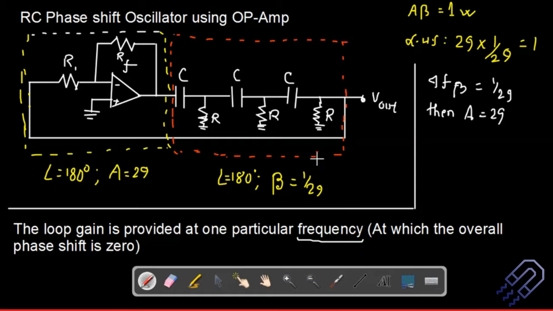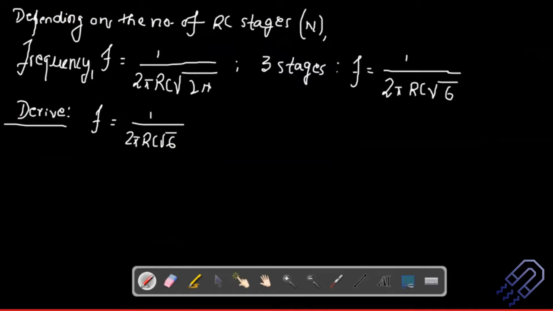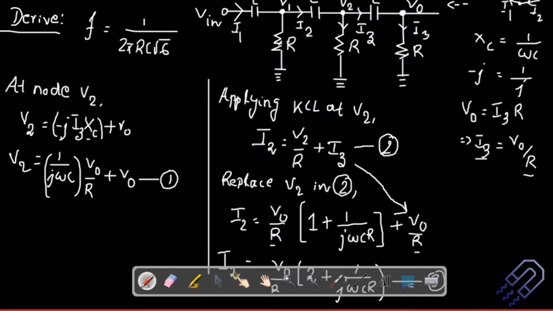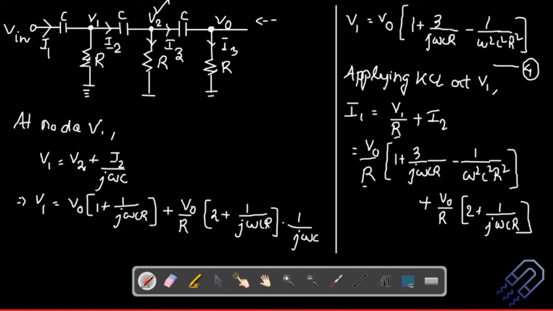The main idea of today's class was to find out these values and also find out the frequency for our three-stage system. So if you consider a three-stage system, the frequency is this. I can't just say this, I have to derive it, and this is what we have derived. You have to draw this circuit and remember your basic idea of the voltage drop at V2, V1 and Vin. After every voltage drop calculation, you have to use Kirchhoff's current law and find out what the current will be. I'm sure the concept is clear, but you need to practice it. If you do practice it, you will be able to